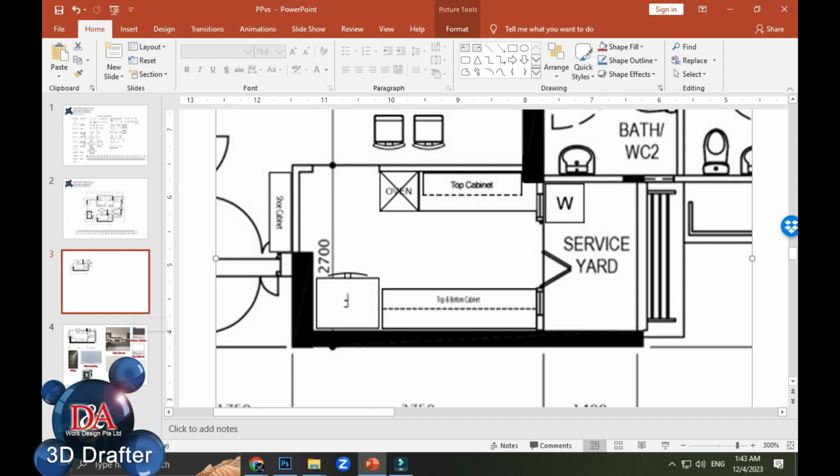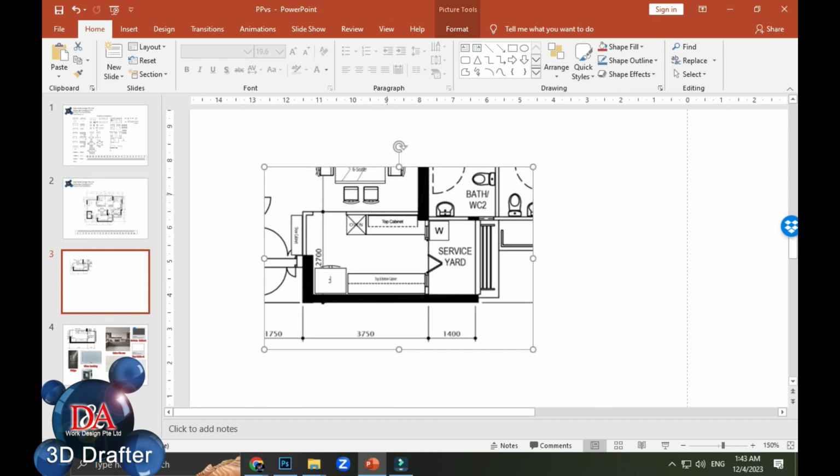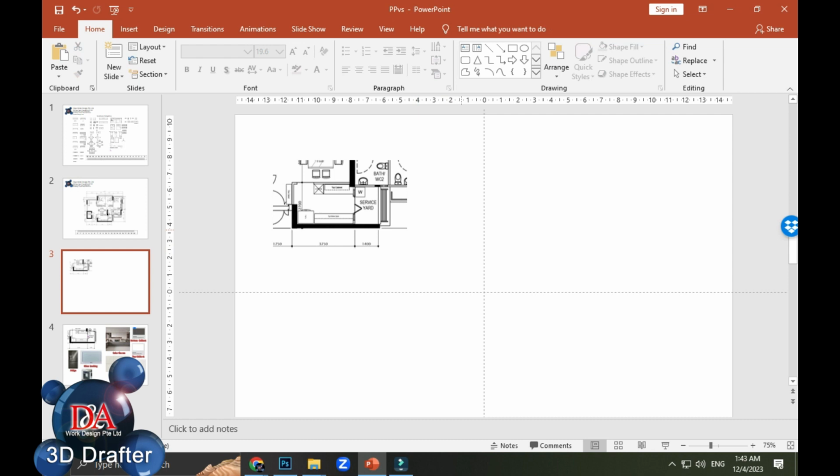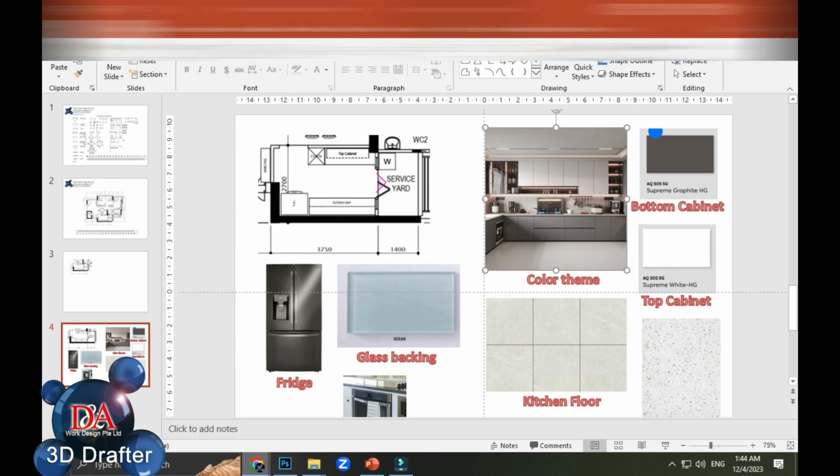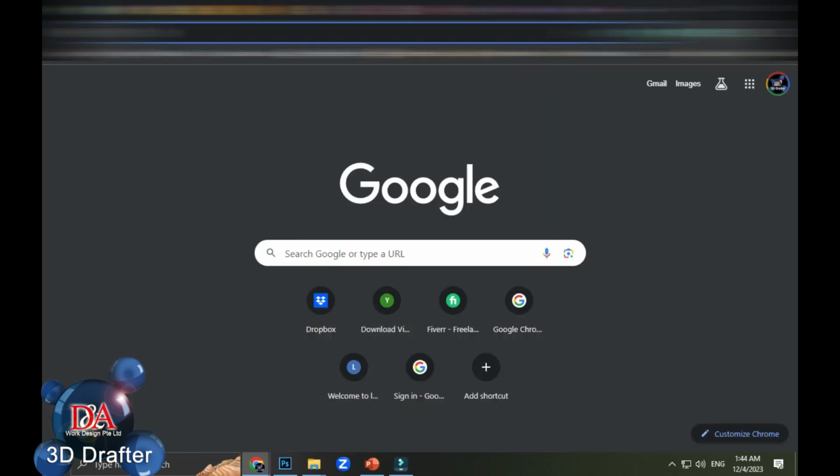Then the next step, we are looking for some design ideas for the contractor or designer to understand better before we can go into 3D drafting. If you want to send your idea to a 3D drafter, this is a sample that I'm showing you that's already made. For example, you can get a picture from a Google search,